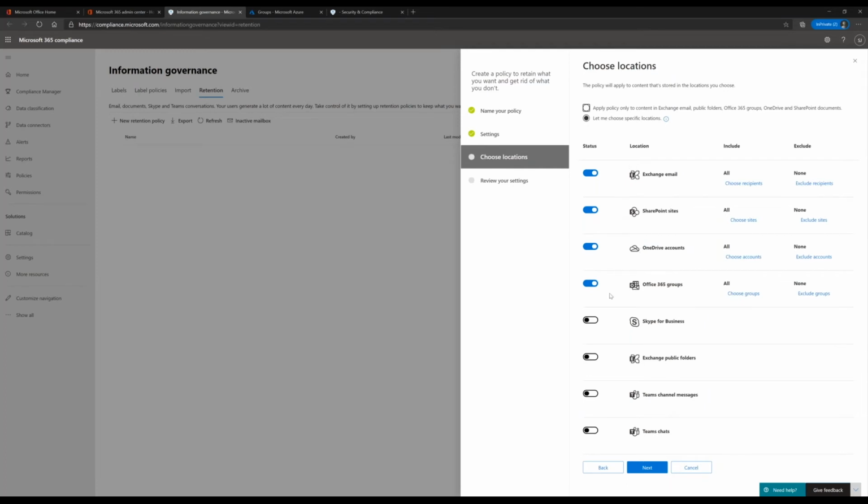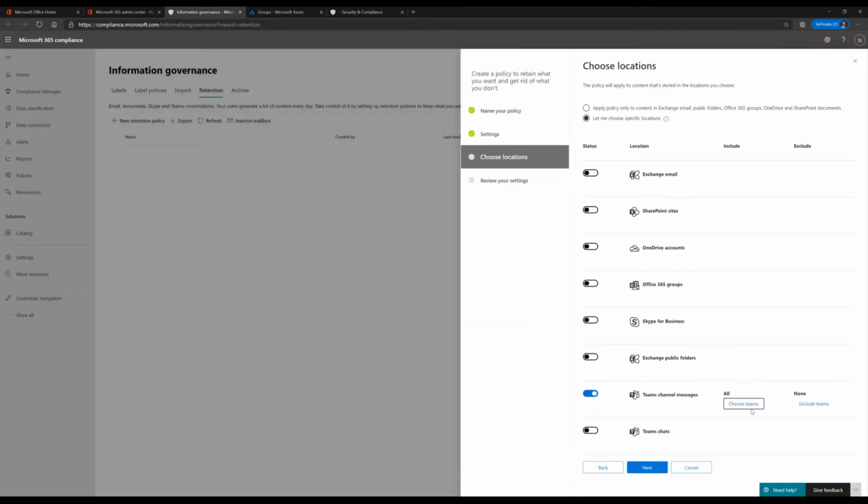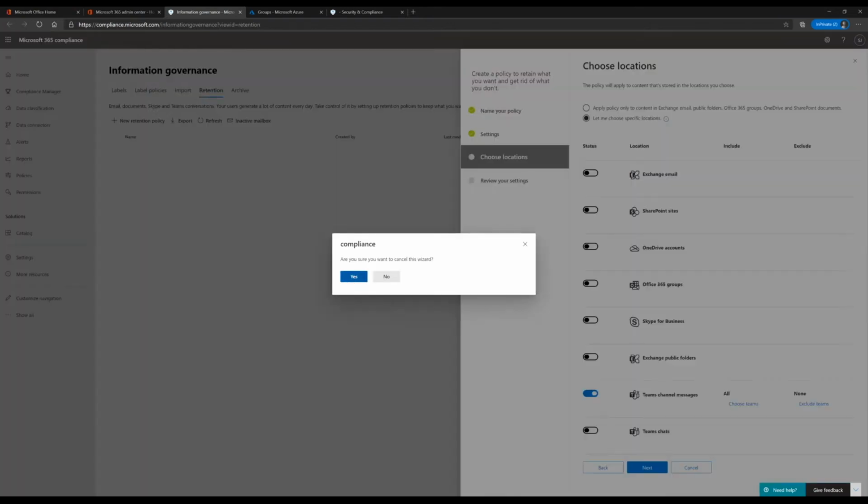And as you can see, we can choose all different areas of Microsoft 365, but specifically for Teams, we choose the groups and the Teams channel messages. And then you can obviously choose the teams you want to apply this to, or you can select all of the teams if you wish. And then this would be applied to all of that data and channel messages within that environment, so that if someone accidentally deletes something or tries to accidentally delete something or deliberately delete something, that it's going to be retained and it can be recovered. It should be used as a backup, but it's there just to ensure compliance. Quite a useful feature.